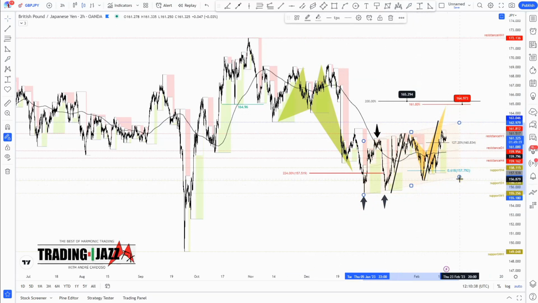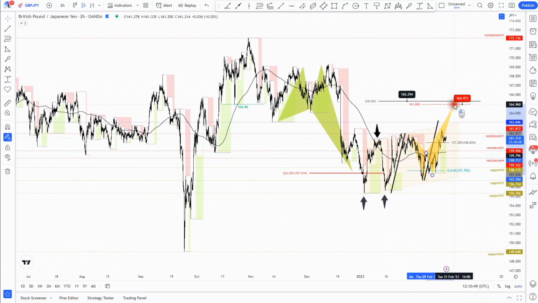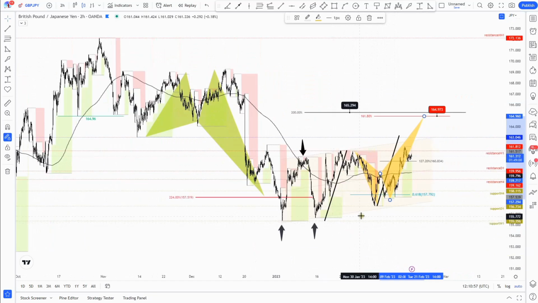For that pattern to trigger, of course, we need to see a violation of the bottom or the structure support of the pattern. I started to project patterns above because of this bullish double bottom that I shared before with you here in the channel, but also because we have the bullish 2618 printed at the golden Fibonacci level. I called your attention to this pattern before the formation of that pattern. Actually, once the price started to fall, I called your attention to 157.79, which is the 61.8% Fibonacci level,